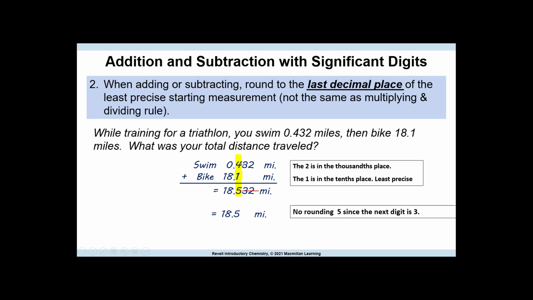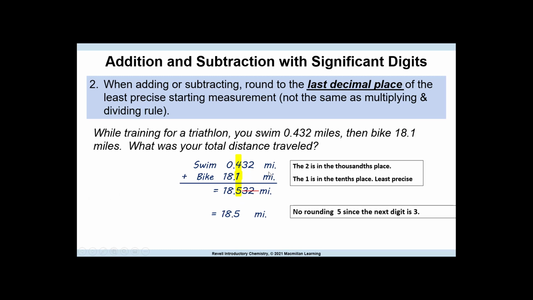If I draw visually, if you can see me draw a line here, these are my non-significant numbers. I'm going to count them off. Here is 18.5 miles. This is my final answer. It's based on how many digits I had after the decimal point. That's what determined how many. This could have